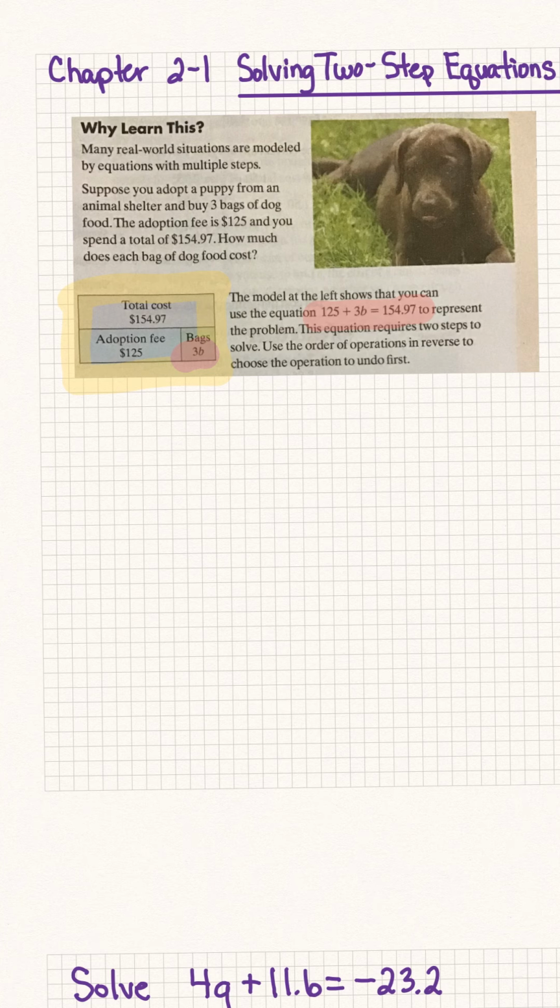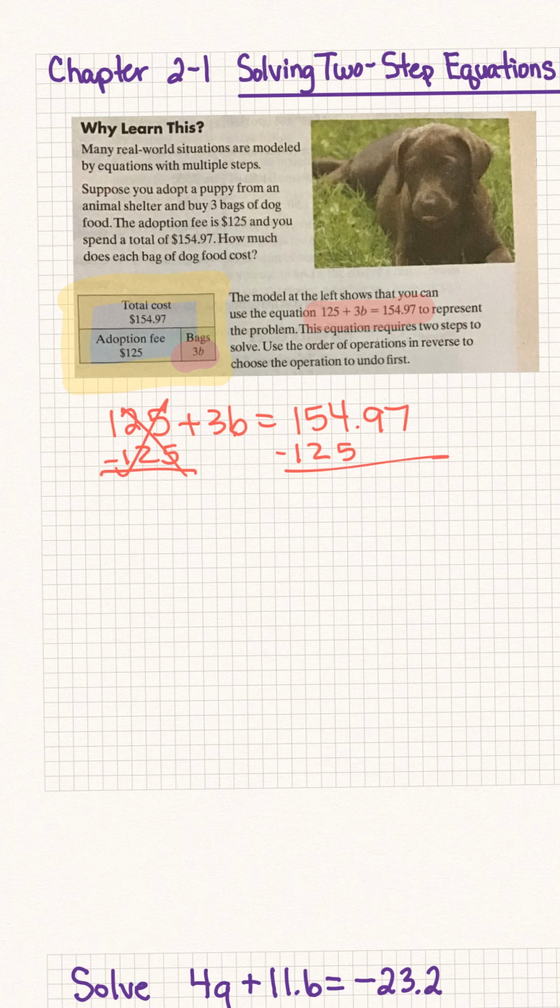So if we are going to take this equation, we want to solve 125 plus 3b is going to equal 154.97. First thing we want to do is get rid of the 125. We want the 3b to be by itself. Whatever we do to this side, because it's a positive, so it's being added, we want to subtract it. We're going to also do to this side. Those get crossed out, so then we're left with 3b